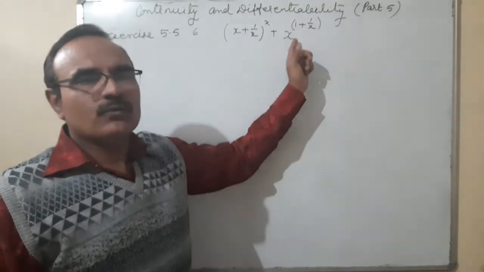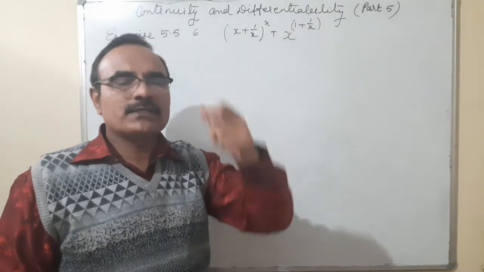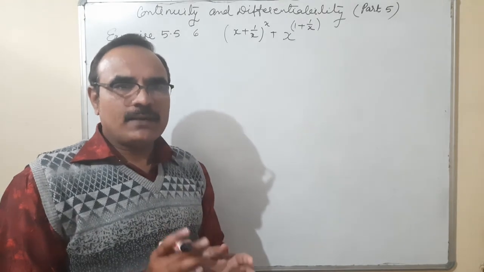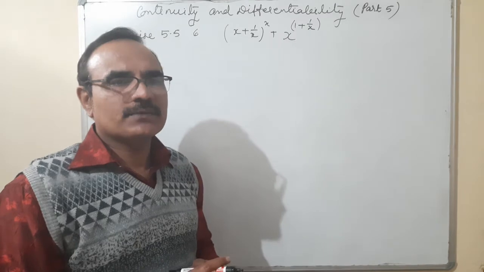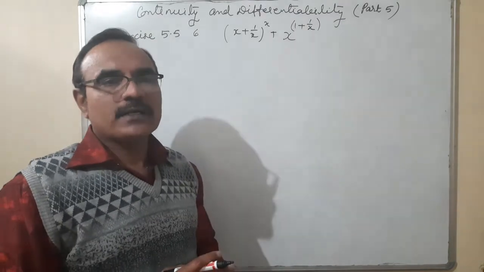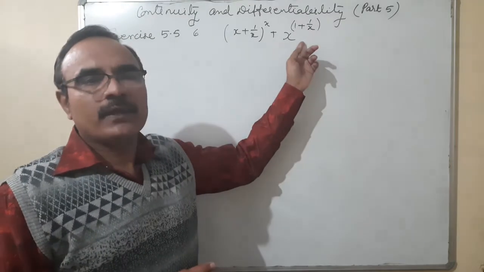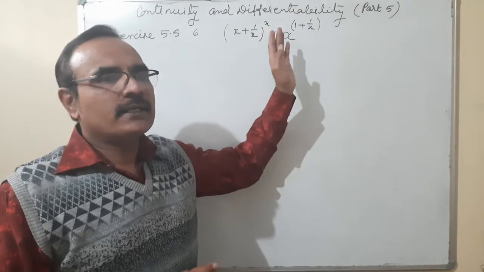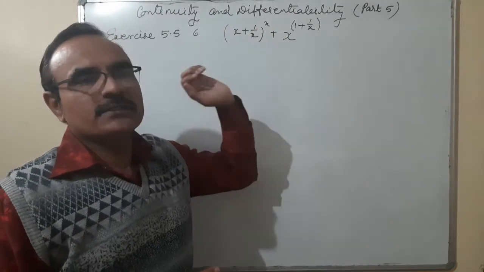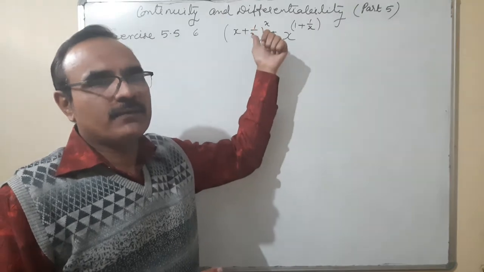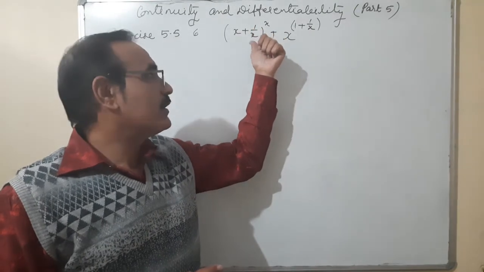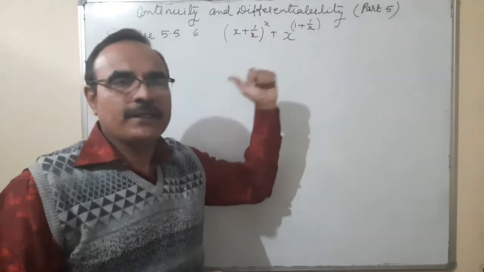Second thing is here also both the base and the power are in the form of variables. So that means we have to use logarithms when we differentiate the term. And one important thing is there are two terms. So directly you cannot take log of this plus this, because these are two separate terms, and both have a variable base and a variable power.